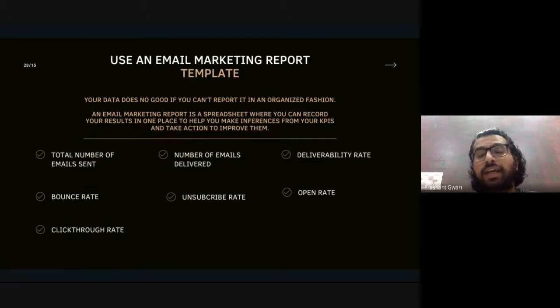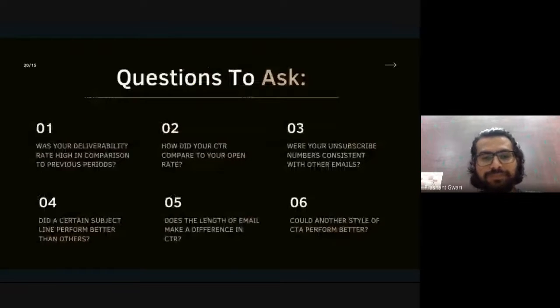And click-through rate: let's say out of those 3,000 people who opened the email, 300 people clicked on the link. So what is your click-through rate? 300 divided by 3,000, which is 10%. So that's how you will calculate those metrics of an email marketing campaign, which you will learn in the near future.